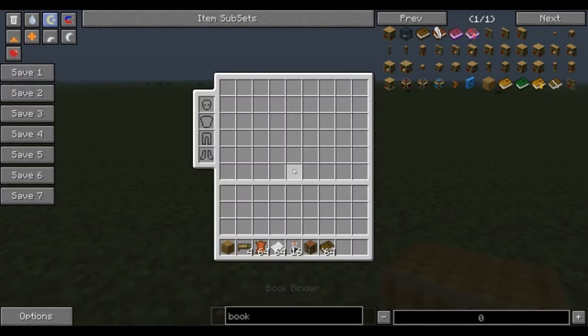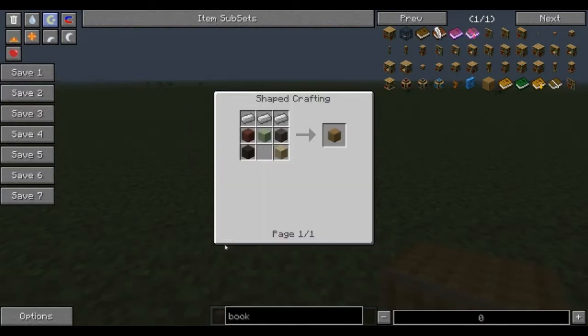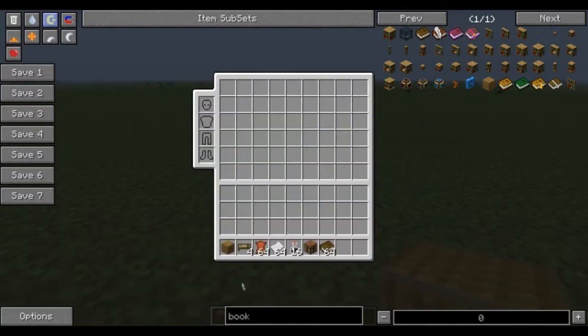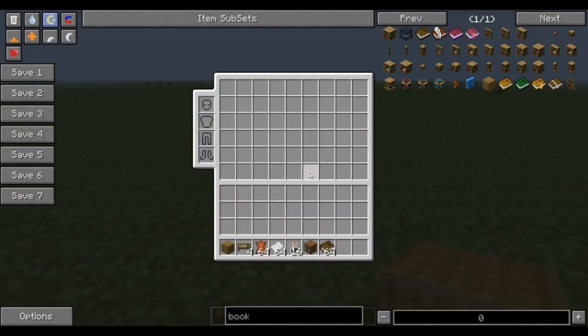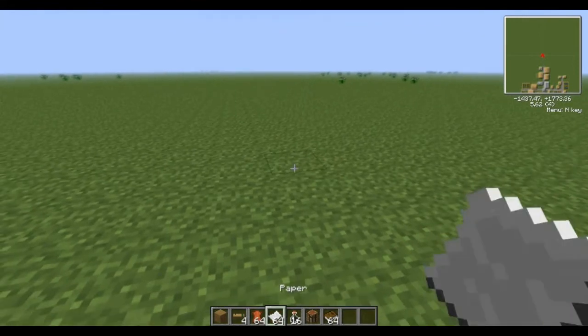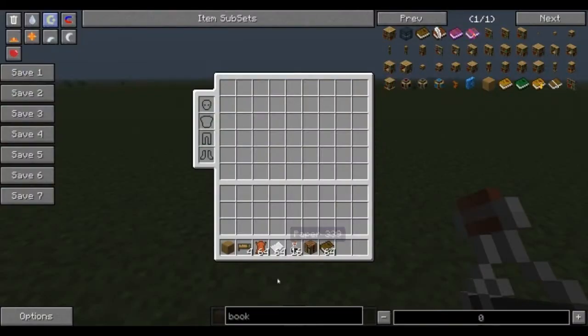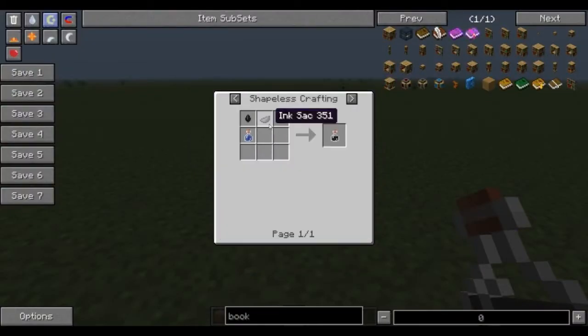A couple of the main things you're going to need are the bookbinder, which is the recipe right here, and the writing desk. There's your recipe. Those are the two main things you're going to need, outside of leather, paper, and then the ink vials, which are just two ink sacs and a water bottle, or if you have the ebony drop, you can use that as